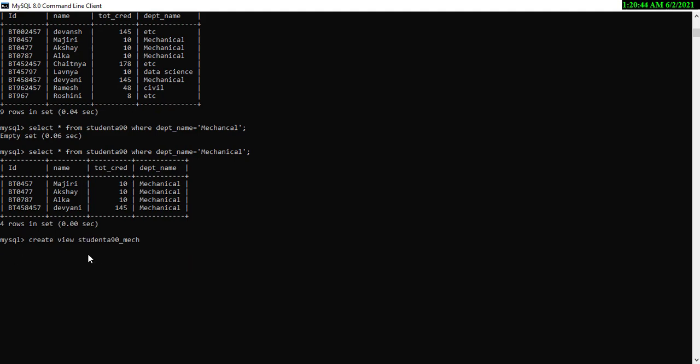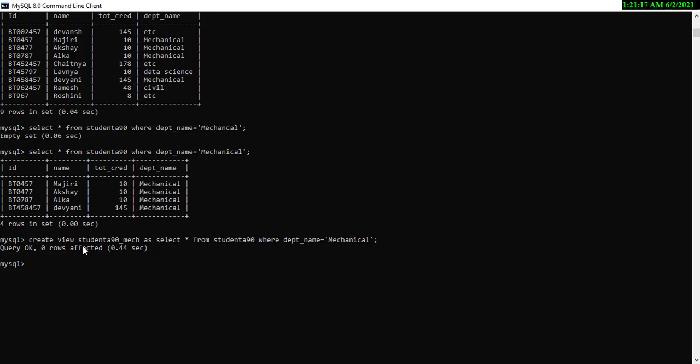So create view name as, then select star from student A90, where dept_name is equal to mechanical; semicolon.